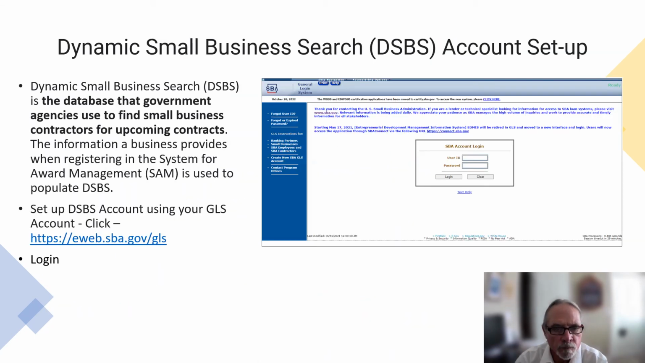It's important for all small businesses to consider setting up a Dynamic Small Business Search account. Dynamic Small Business Search is the database that government agencies use to find small business contractors for upcoming contracts. The information a business provides when registering in SAM is used to populate DSBS. To set up a DSBS account, use your GLS account,